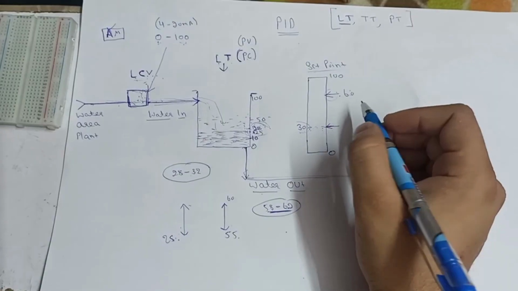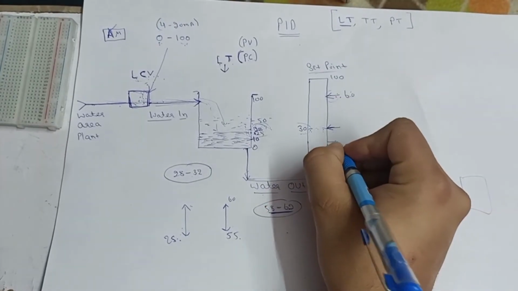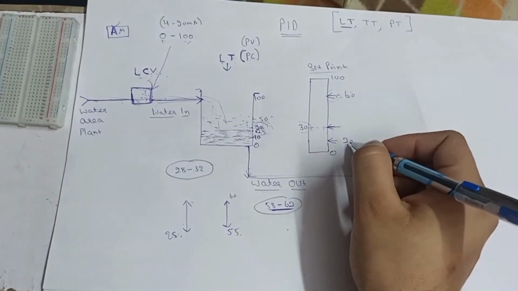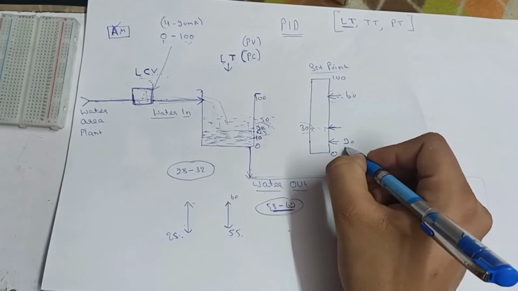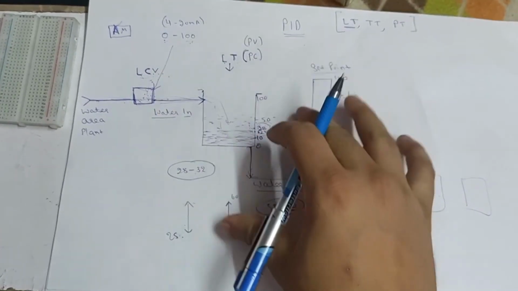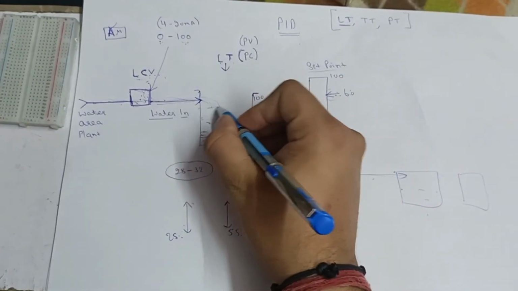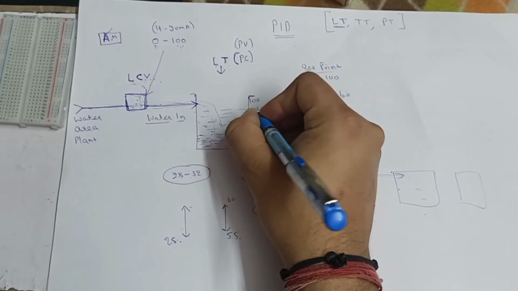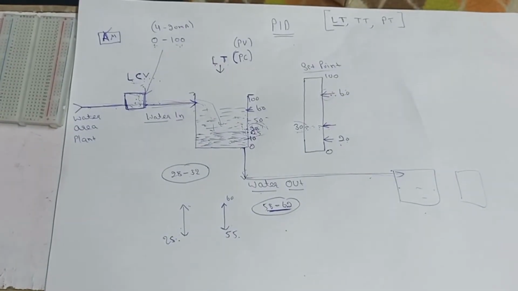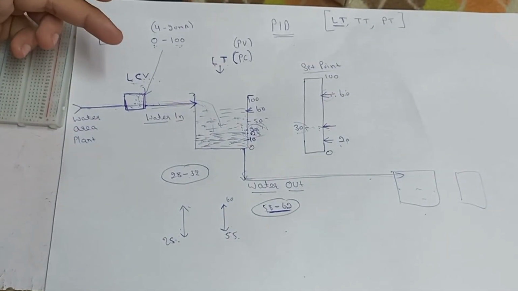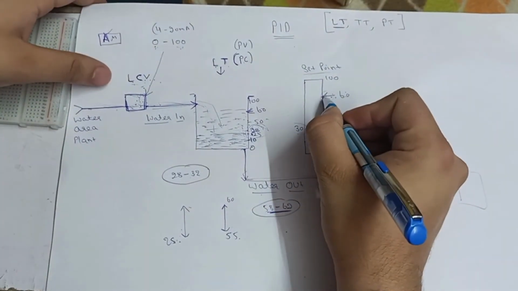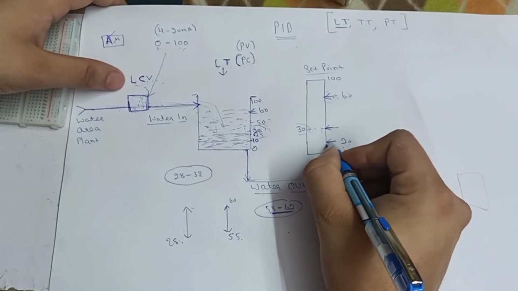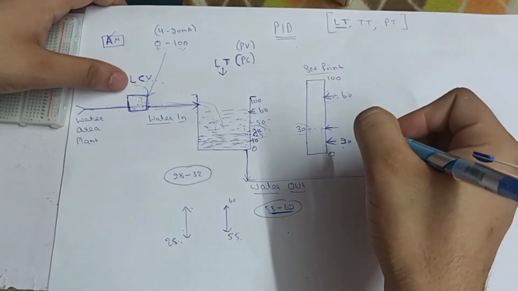And the last example is when you set the value to 20%. If you set the set point to 20%, after 20% it sends a signal to the LCV. Right now your liquid is 60%. When you set the point at 60 and your LT is 60, but after a few seconds you set the value to 20, when you set